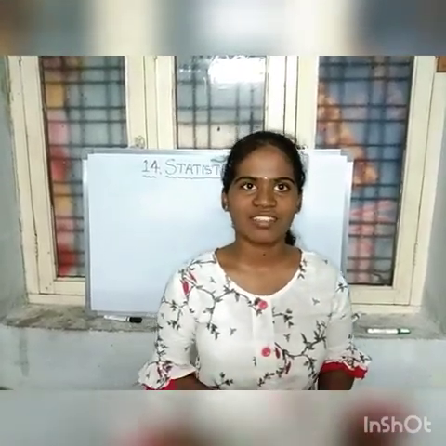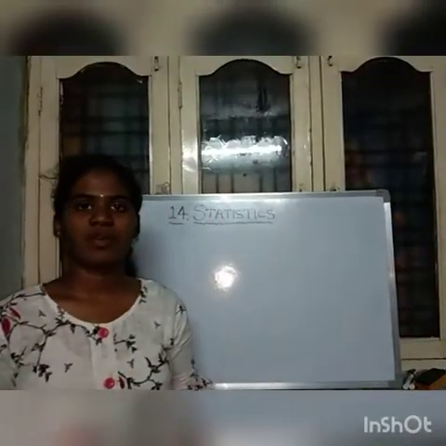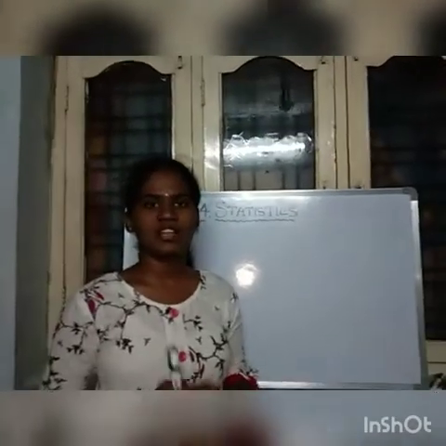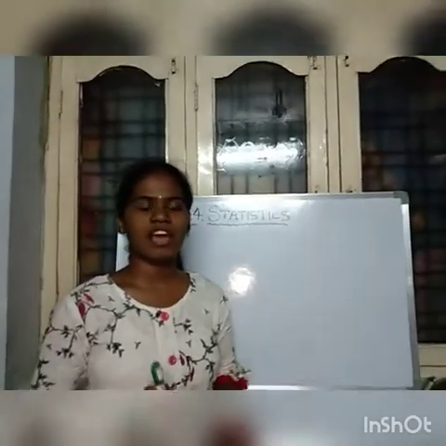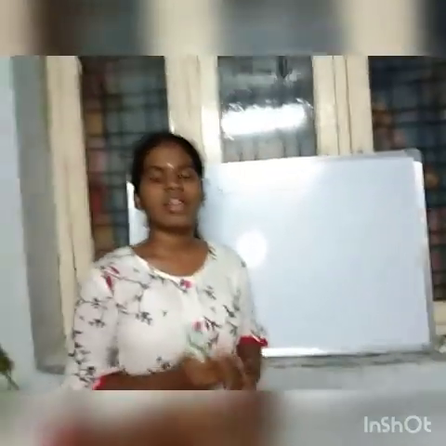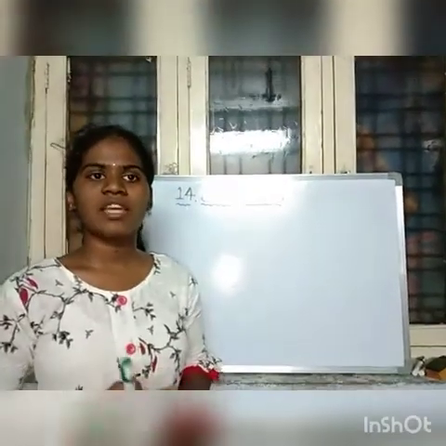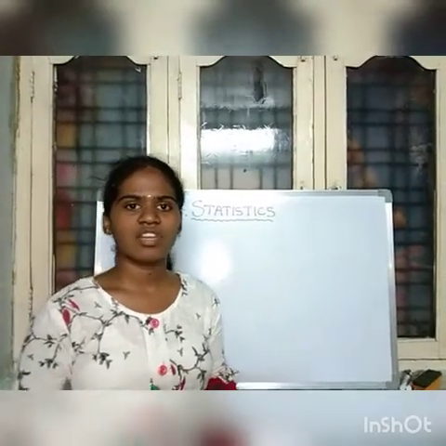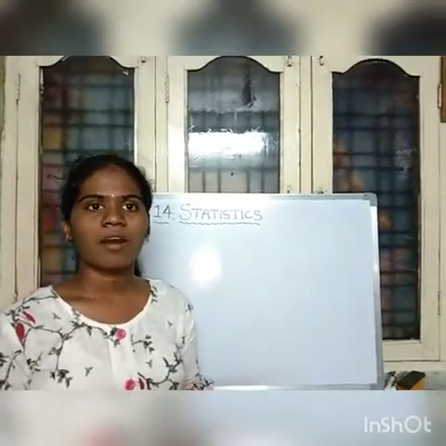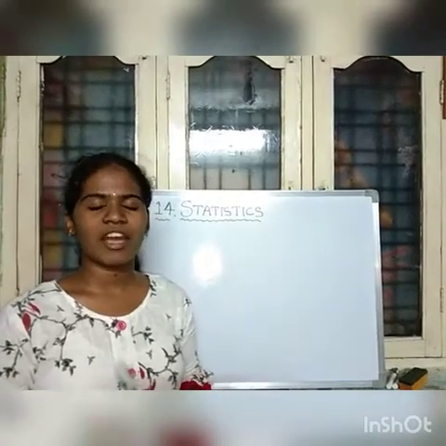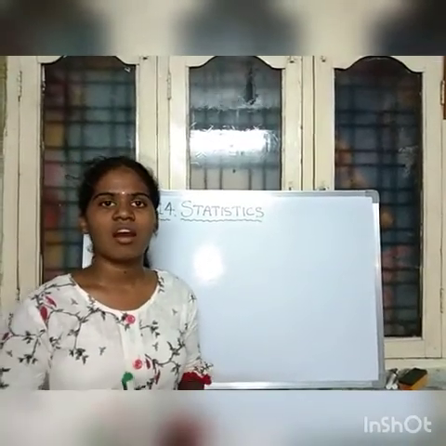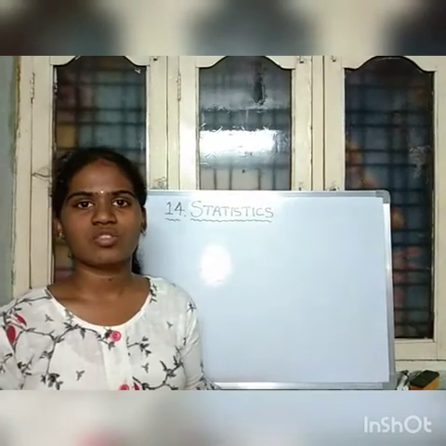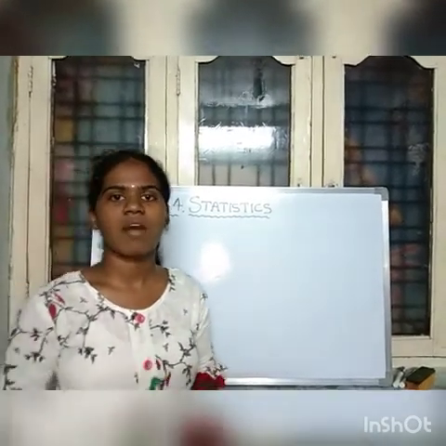The formula is mean x bar is equal to the sum of observations by the total number of observations. Data are of three types. First one: if x1, x2, x3 and so on are repeating f1, f2, f3 times, then the mean of this data is x bar equals f1 x1 plus f2 x2 plus f3 x3 and so on, by f1 plus f2 plus f3. Mean x bar is equal to sigma fi xi by sigma fi.